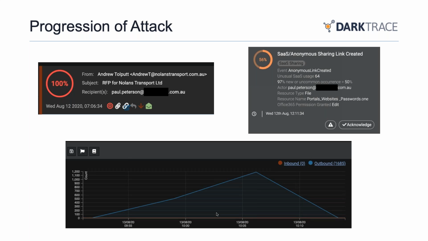And the attackers used Paul's account to send out 1,685 emails to trusted contacts that would recognize Paul Peterson as the sender. This takes us back to the beginning of the story, because now this has all shifted. So all the recipients of these emails are now receiving an email from somebody, Paul, that they recognize, saying, actually, can you please click this link and do something with it? And of course, then the attacker is just propagating that same methodology more and more, going from trusted contact to